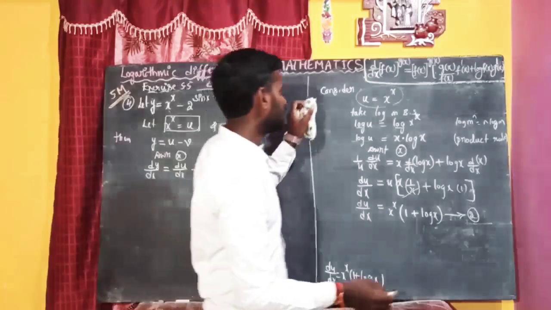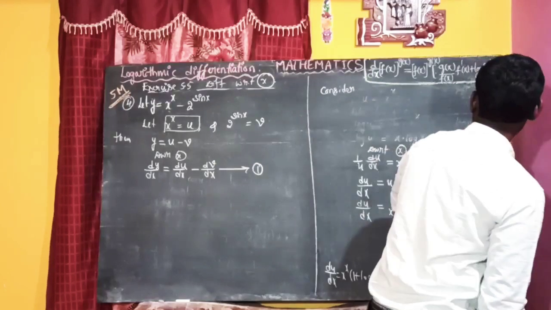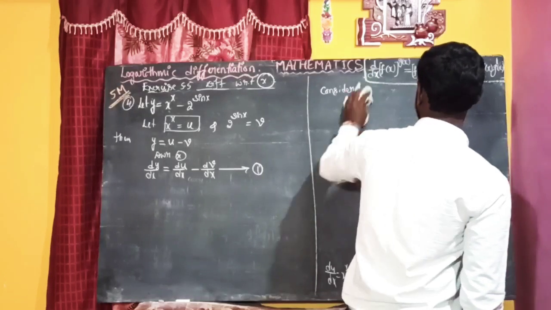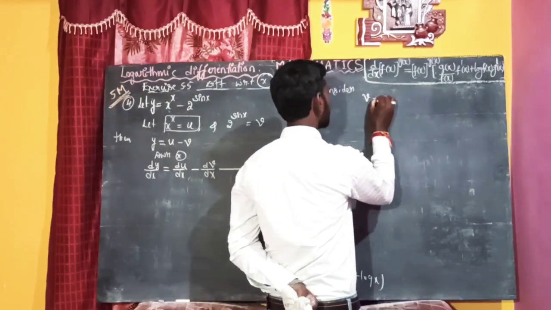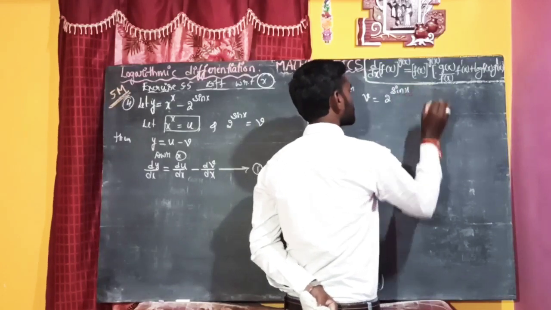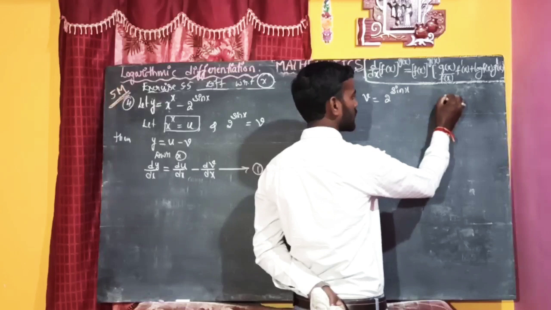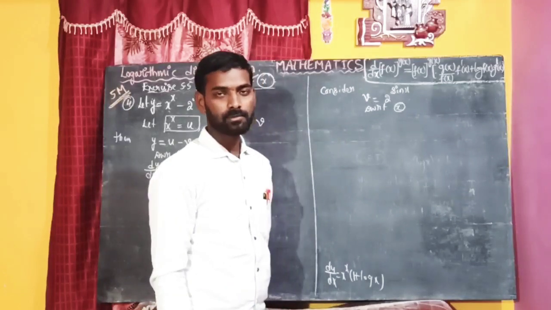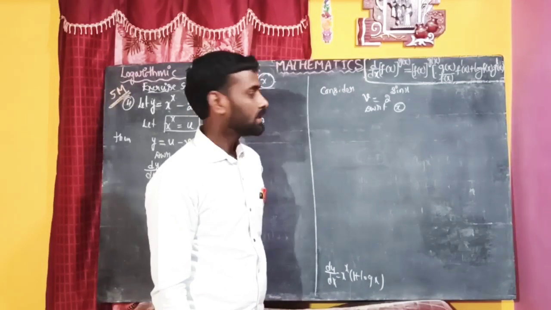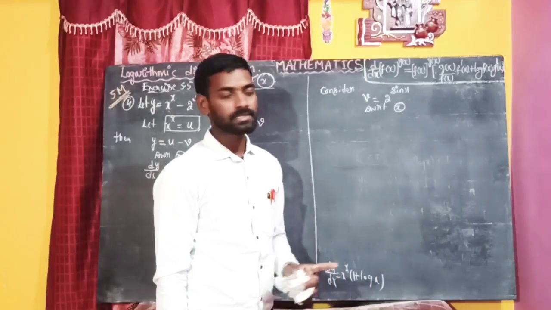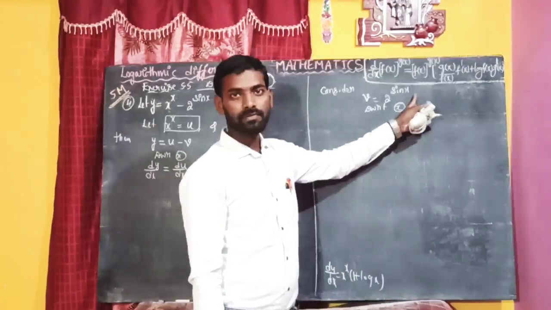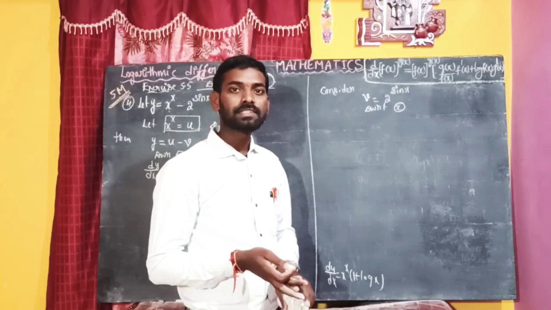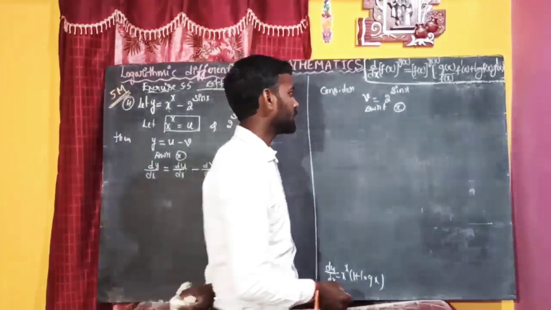Okay. Next I will find out dv by dx. Here v is equal to 2 to the power of sin x. Again consider v is equal to 2 to the power of sin x. Observe guys, if I differentiate this with respect to x, or take log on both sides, no problem. Directly we can differentiate this, because now this is of the form a to the power of x. If this is a function to the power of function, then take log on both sides, or otherwise you can easily differentiate that function by using standard result.